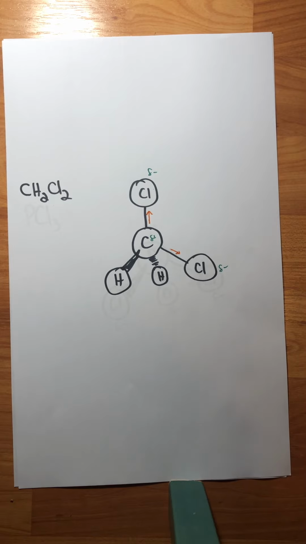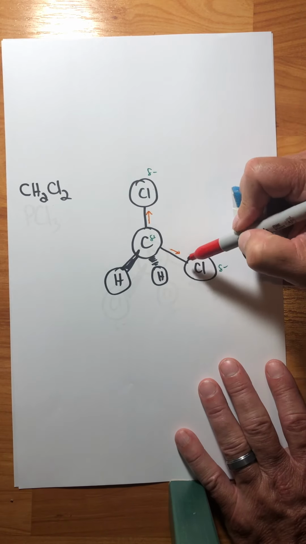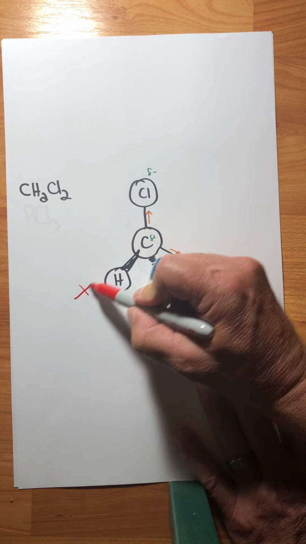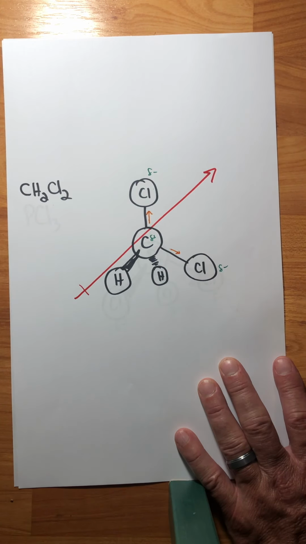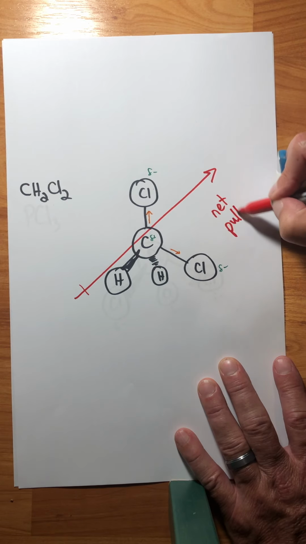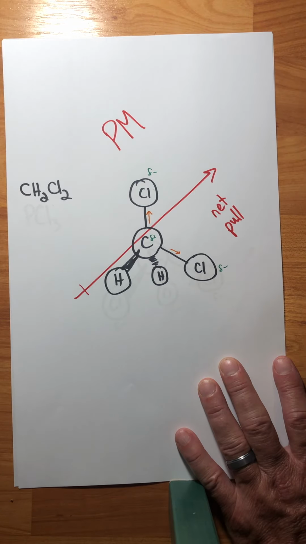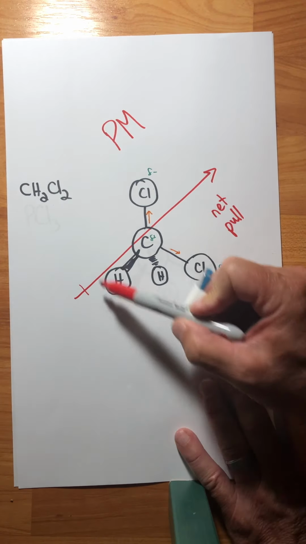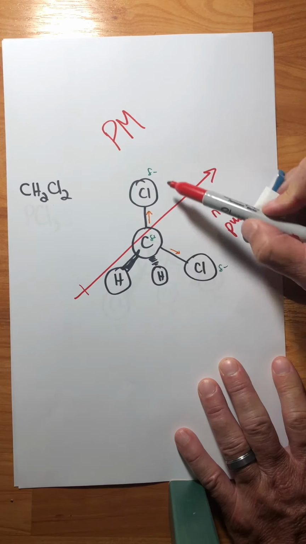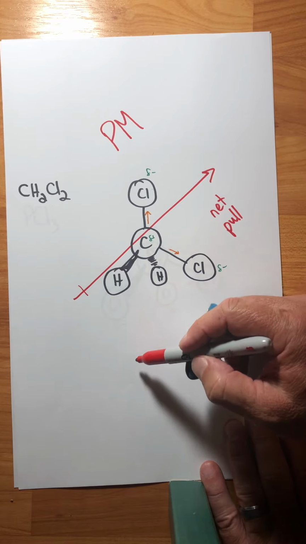Now, hopefully you can see this, that if I have a pull this way and a pull this way, there's going to be a net pull in this direction. Because there's a net pull, we can call this a polar molecule. Okay? This end basically shows this end of the molecule would be the positive end, and then this side of the molecule would be the negative end. Okay, so if you kind of drew